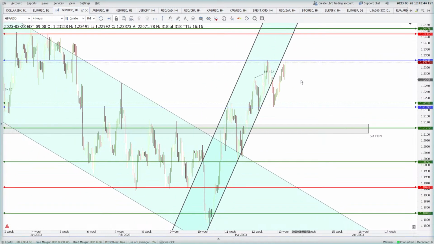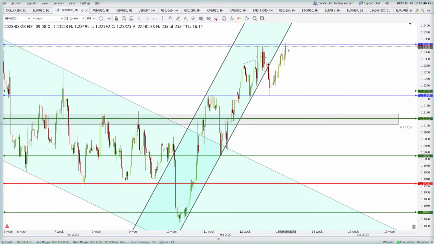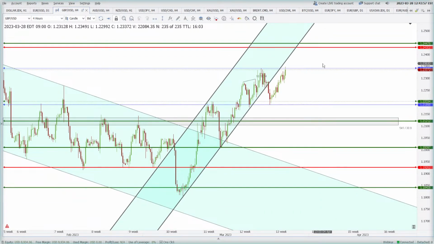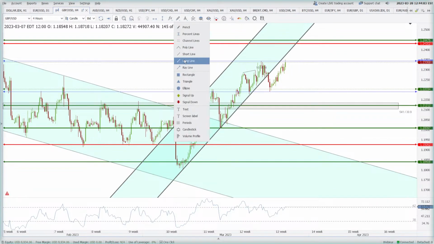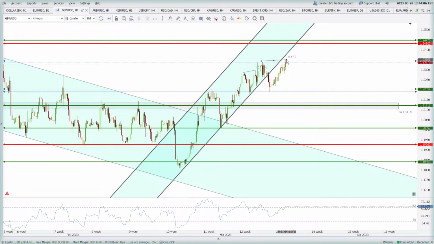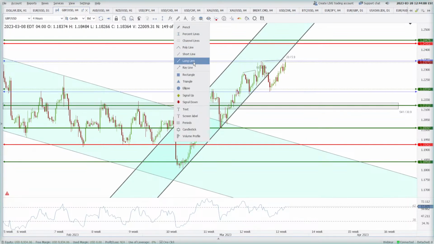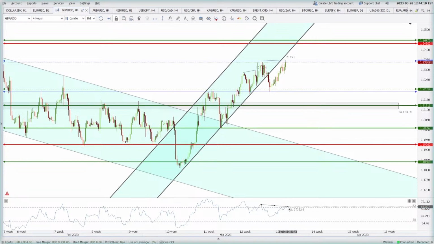I cannot say so right now because the price is suggesting to me that it is going higher, but if it fails to close above 1.2343, then there's a possibility that the price will reverse to the downside for some time and then extend beyond 1.2343 towards 1.2430. But right now, you can see this higher high, but here the RSI fails to make a higher high. So this is a bearish divergence here, a regular bearish divergence. Okay,